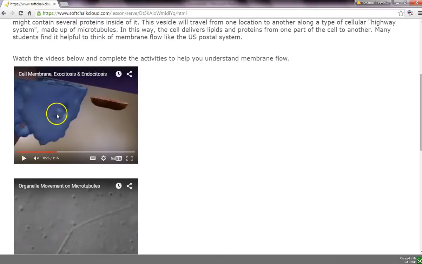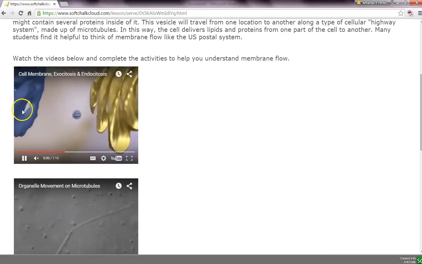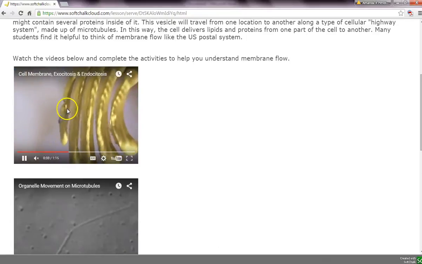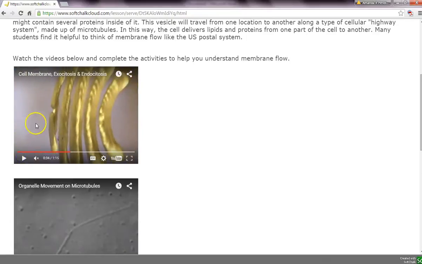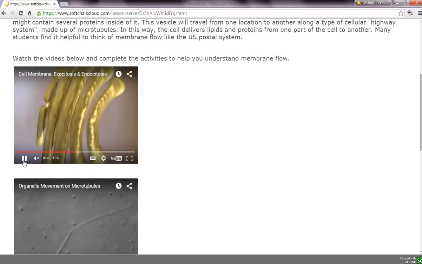Now what just happened there? This little thing, it's a pinch off of the ER, is called a vesicle. And inside it, it's got that protein. And you notice it's going from the rough ER to the Golgi. And look what just happened. That vesicle fused with the Golgi. Keep in mind that the reason that can happen is because rough ER is bounded by a membrane, Golgi is bounded by a membrane, and vesicles are just a little pinch off of the membrane. That protein goes through the Golgi, it gets carbohydrates added to it,